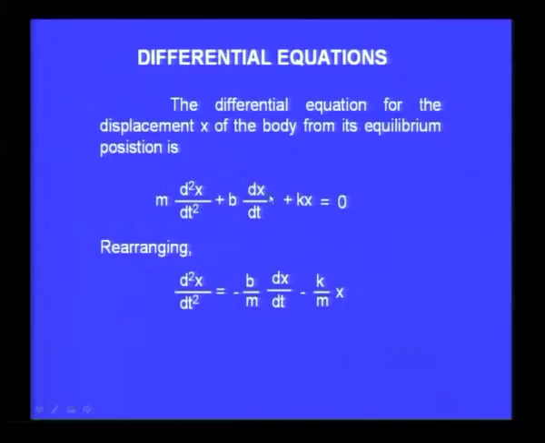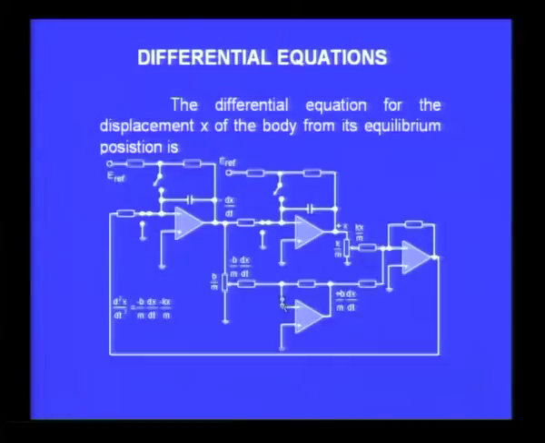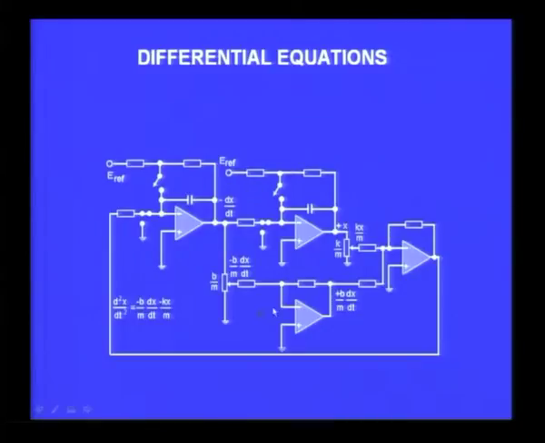Now, this b dx by dt, which corresponds to a velocity term dx by dt, will provide some damping to the vibrating system, and therefore, this is for a damped harmonic oscillator. This equation can be solved by simply rearranging: d square x by dt square is minus b by m dx by dt minus k by m x. So, I rewrite it and then I implement it using the op amp